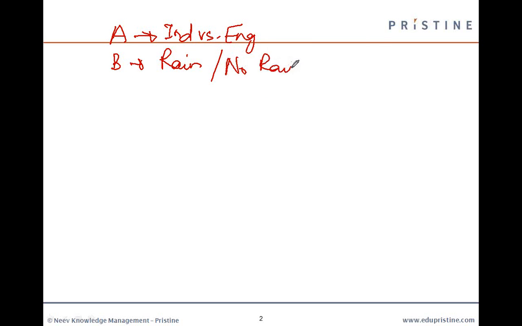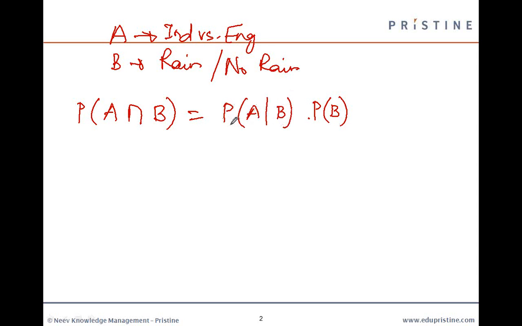Okay. Let's take a slightly different example. Or let's take the same India-England cricket match. So as of today, there are two random events. Random event A is the result of the India-England cricket match, and random event B is whether it will rain in Kochi or not, rain or no rain. Okay. So if I ask a question, what is the probability that India beats England and rain occurs tomorrow in Kochi? I can answer that, assuming that rain occurs first, as the probability that rain occurs tomorrow and the conditional probability that India beats England given rain occurs tomorrow.